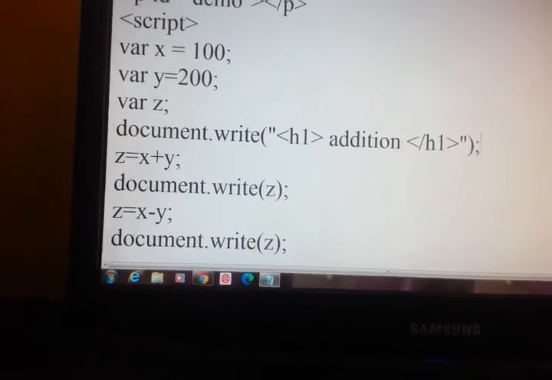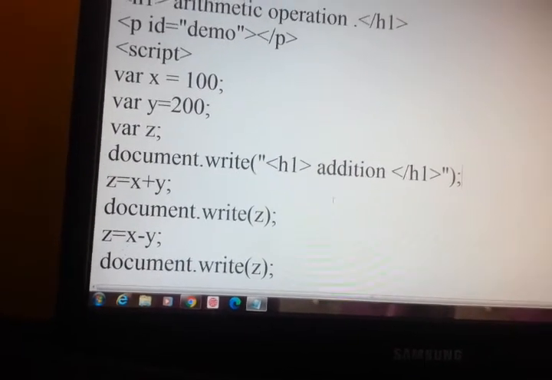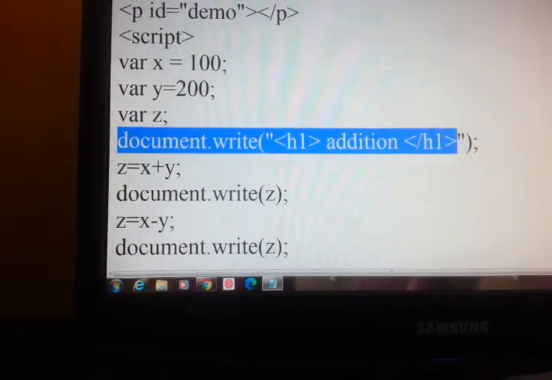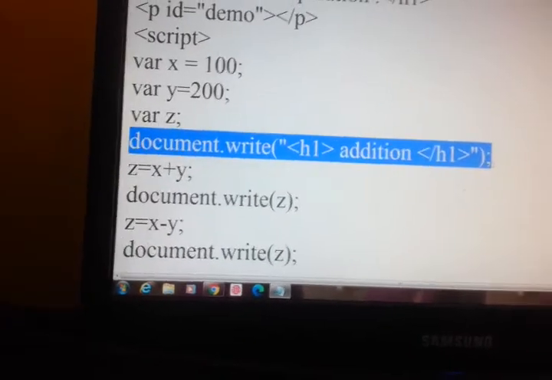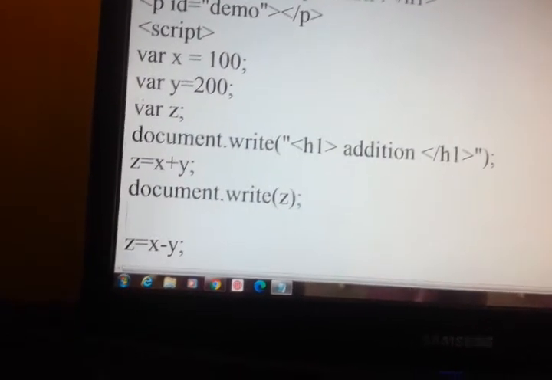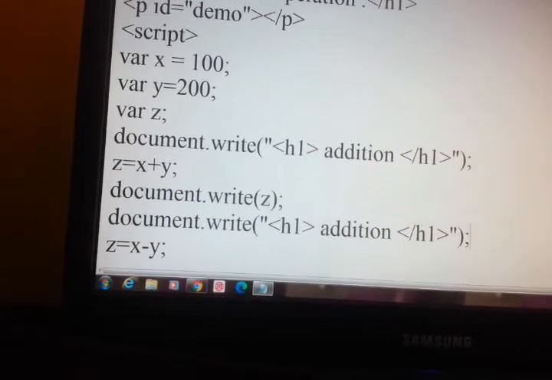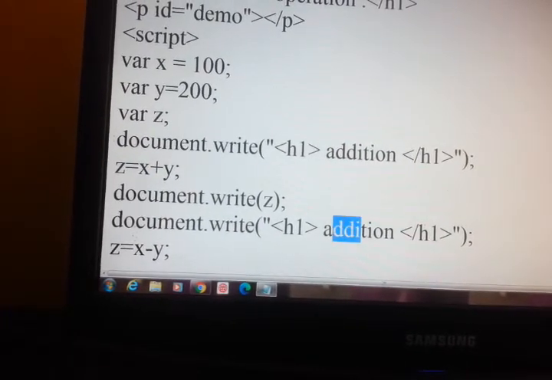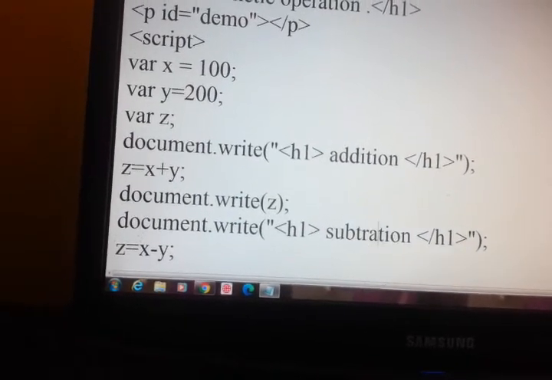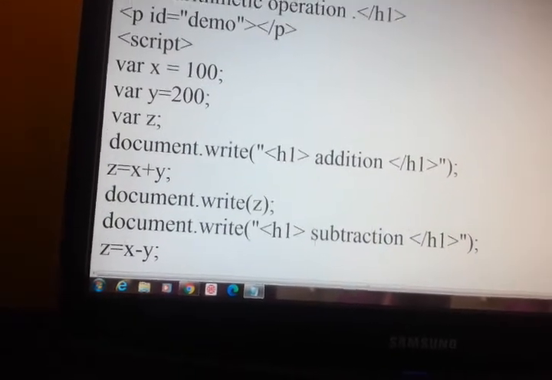We'll see whether we got it or not. Just save it. Yes, we got it. Now we'll use this, Control C. Subtraction.